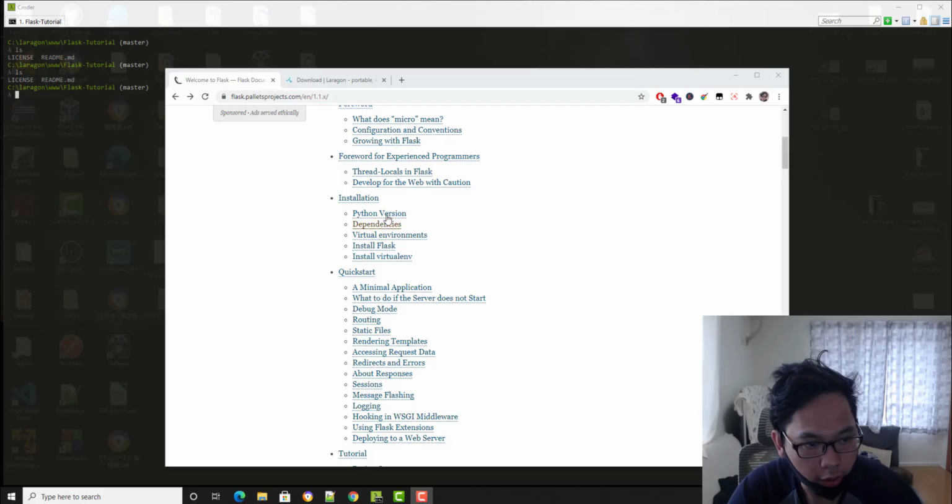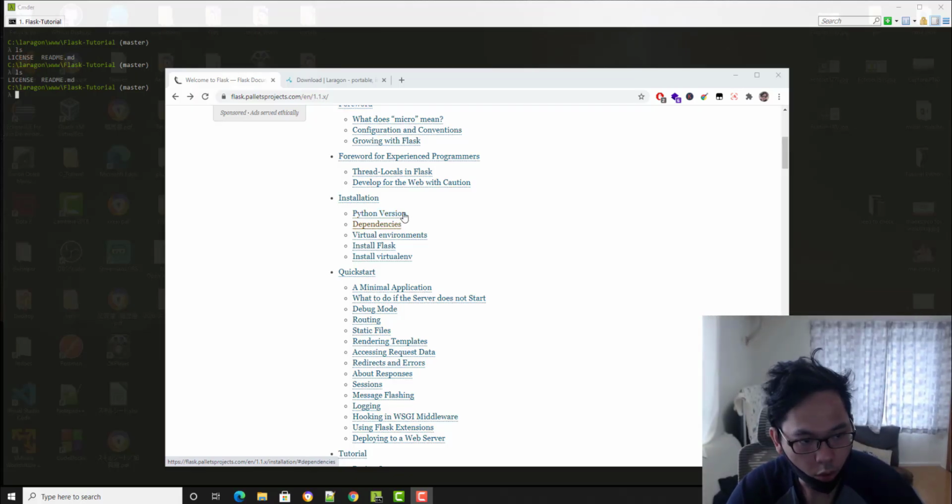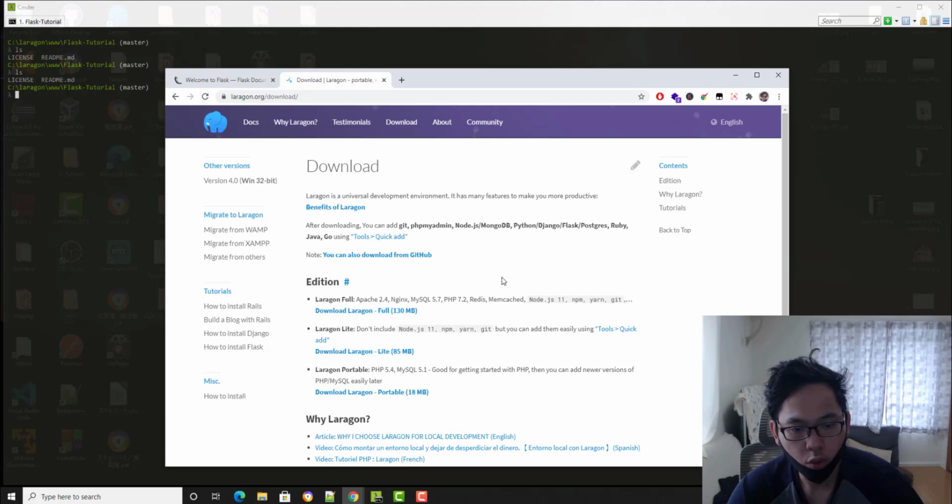Okay, so we're on the installation for this one. And yeah, let's just start. Basically we're gonna install Python on our system. If you're watching this, you may already know how to set up pip and Python and install them separately, and it's up to you. You can skip this part if you like. But for my environment, we're gonna use Laragon for this one because it's so isolated.